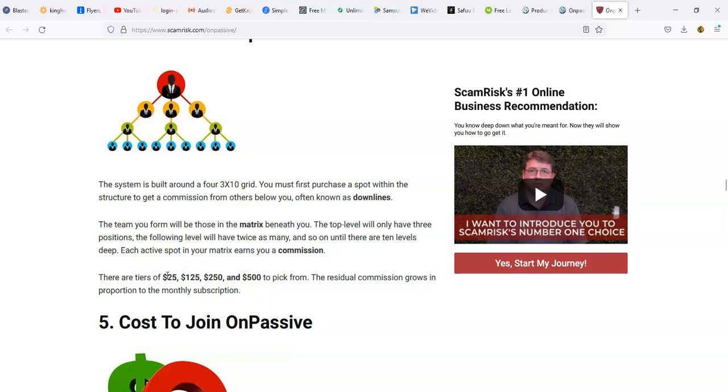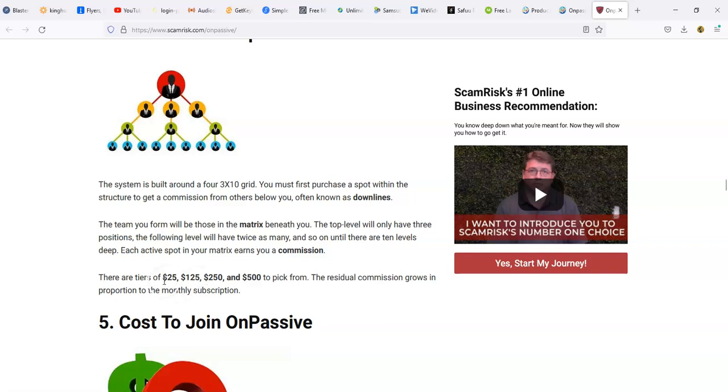Let's say I joined at the $25 and the $125 level. And the majority of companies have all these comp plans with these different levels. If you don't buy all of them, you only get paid off of these two. All I'll say is this platform is not that way. They're different. I'm not really going to go into it because I don't know if I can say it. I don't want to get anyone in trouble, and I don't want to get myself in trouble. So I'm not going to go that far. That's as far as I'll go.